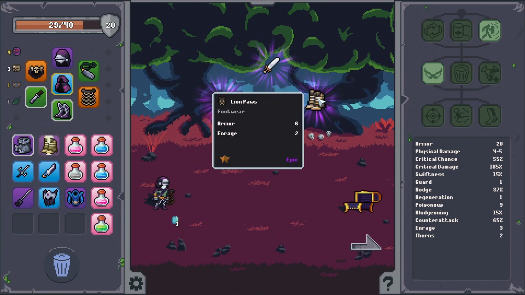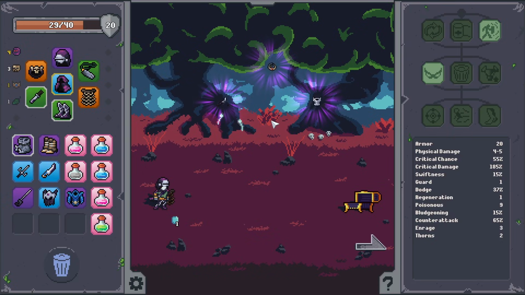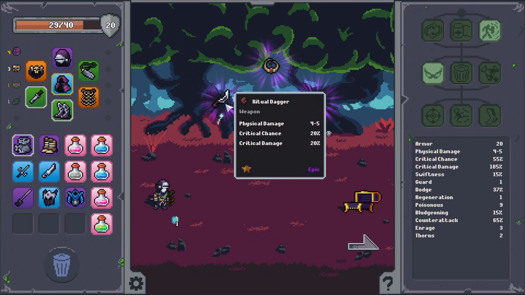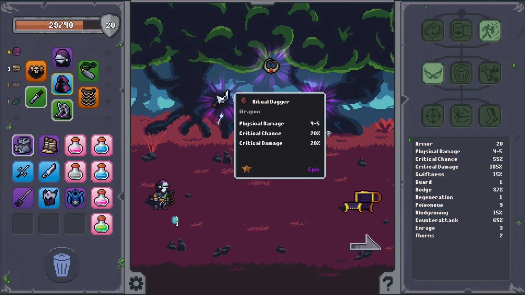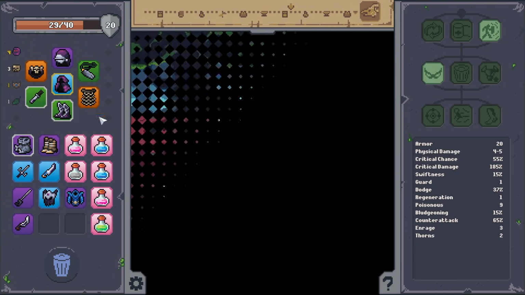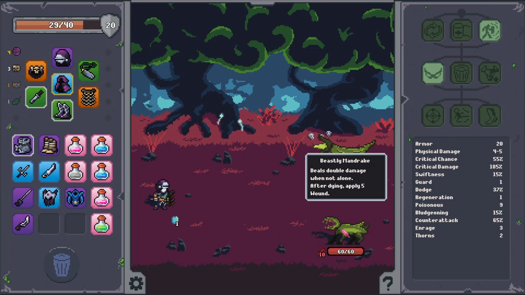Got a chest. Physical damage luck. Ring with crit chance and swiftness. Let's reroll. Crit chance and crit damage on that. It's not bad, but it's not what we want either. Double damage when...